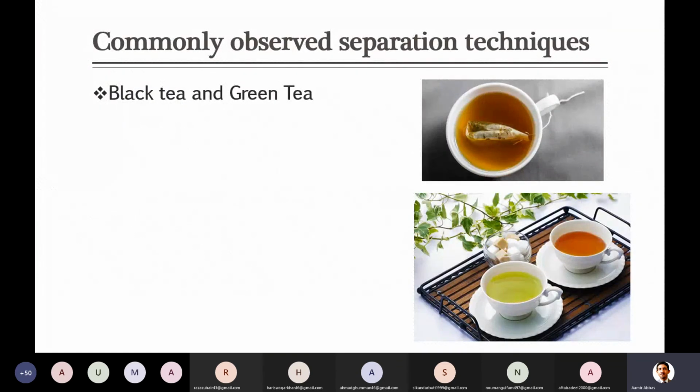The first very common one which you usually see in your surroundings is black tea or green tea, which we usually take. In this case, maybe you already know that when we put the beads or leaves of any tea in the water, the water color changes, so it becomes dark. You can get different colors based on the different leaves or beads in these teas. So why is this color appearing? Can anyone tell me where that color comes from?